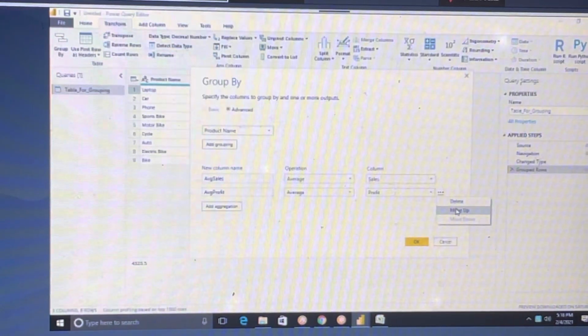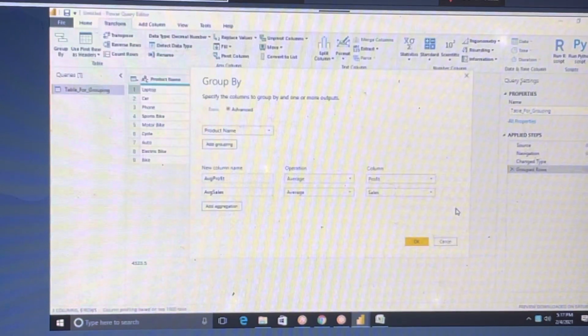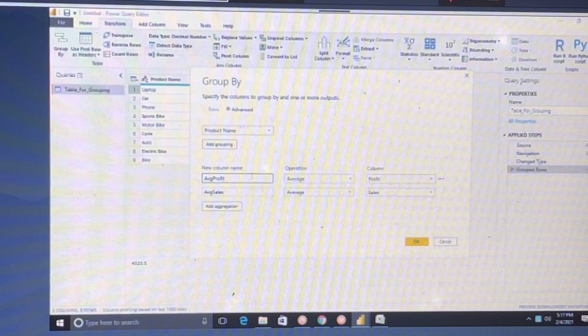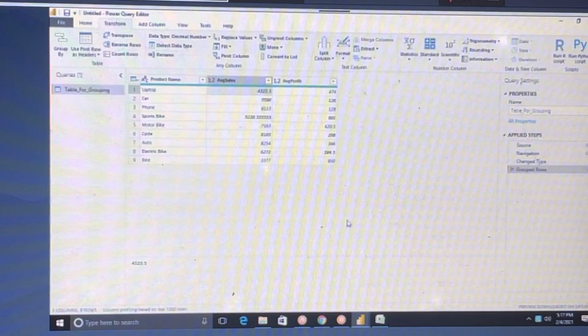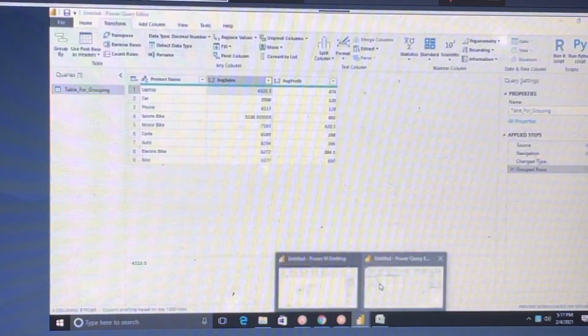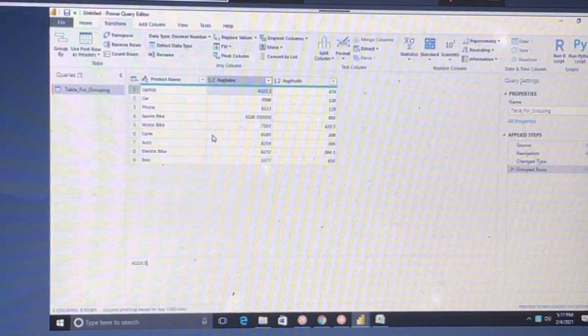If you want to move it up, you can move it up; if you want to move it down, you can. Click OK. This is how we do that. Do all of you understand? Anybody have any questions?